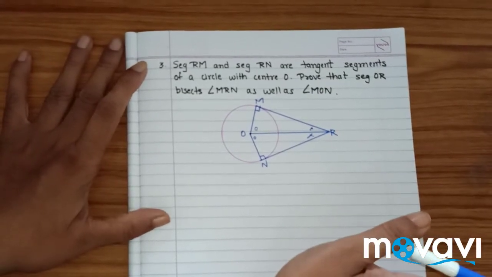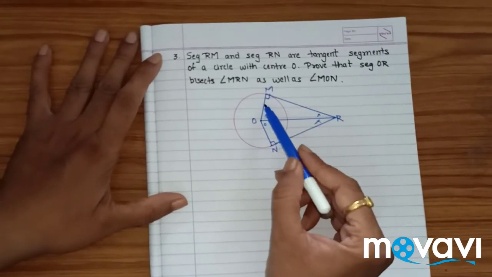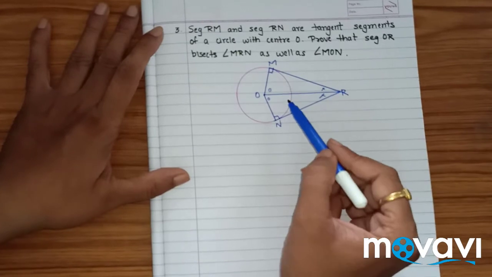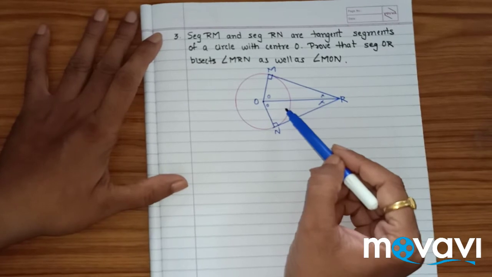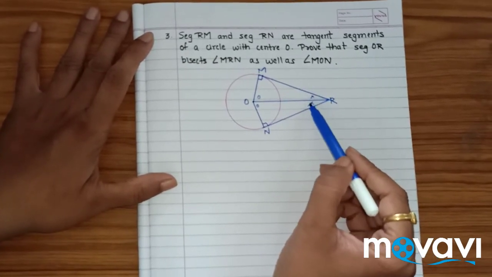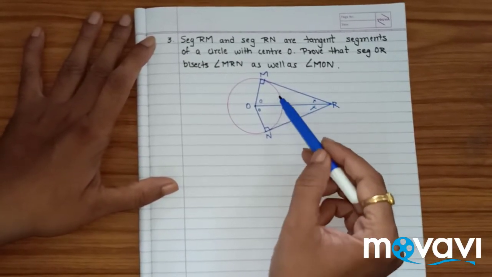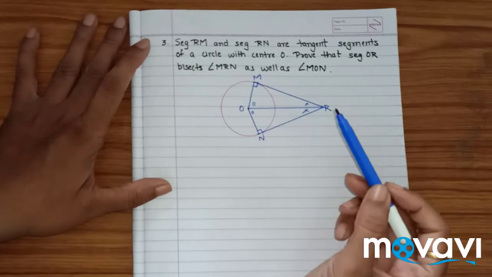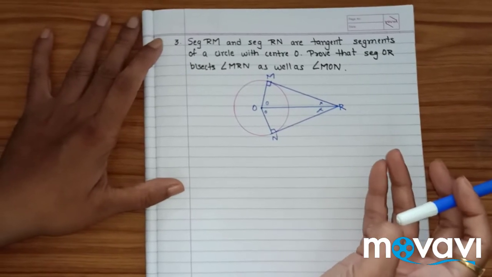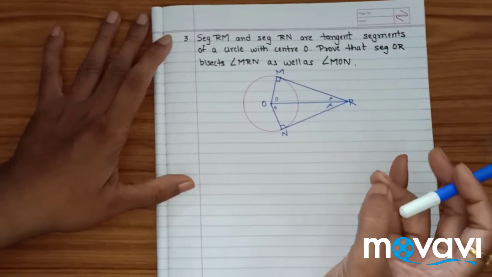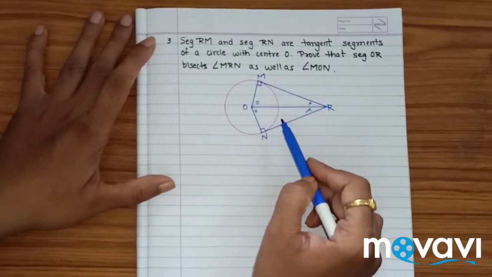So how will you prove it? Very simple. You already have one test to prove that the two triangles are congruent to each other. If you prove that these two triangles are congruent to each other, you can always say that these are the congruent angles of congruent triangles. Now will you prove that these two triangles are congruent? So you will have to see the tests that you have studied. So SSS test, SAS test, AA test, and hypotenuse side test. These are the tests you all know. So which is applicable? I think hypotenuse side is applicable.